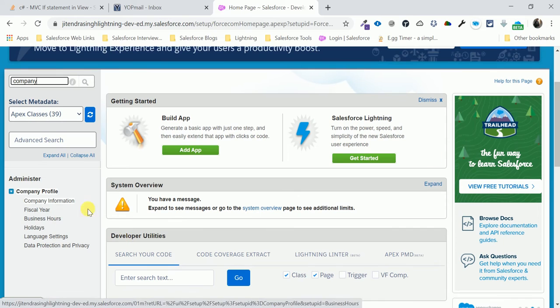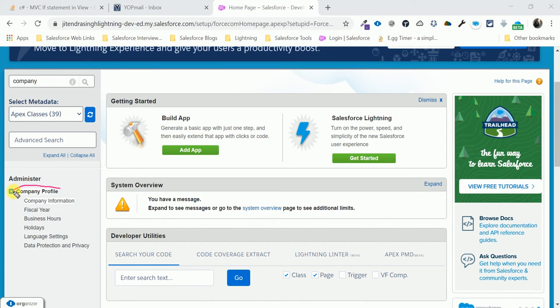Here you can see this company profile. Under the company profile you can see company information, and let's click on that company information, and it opens the